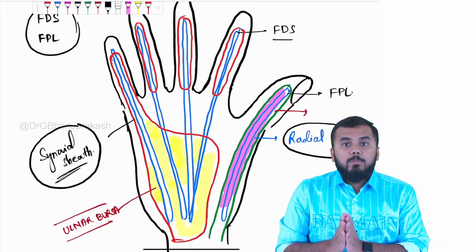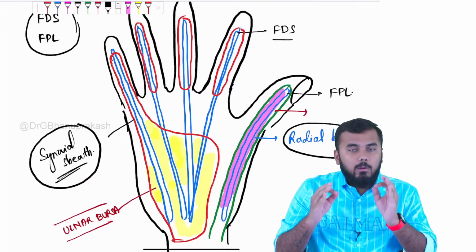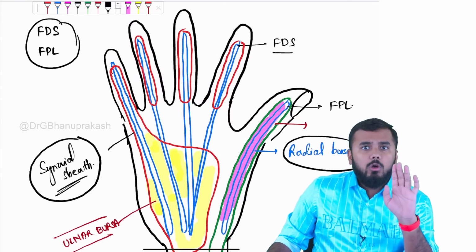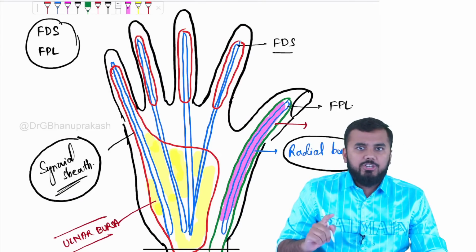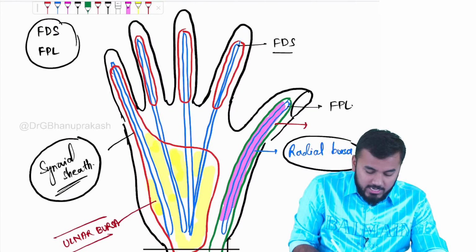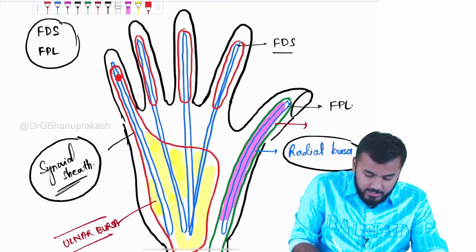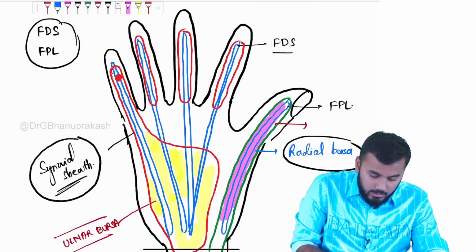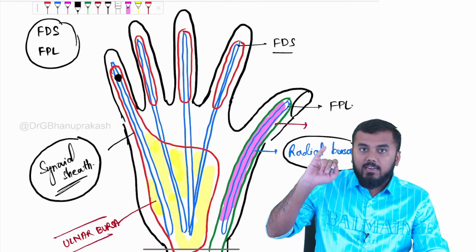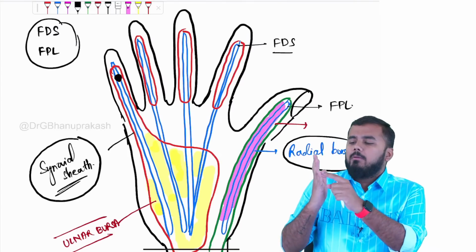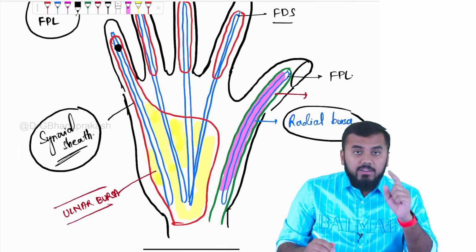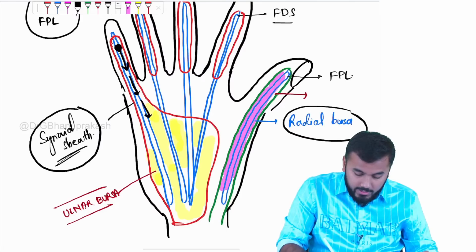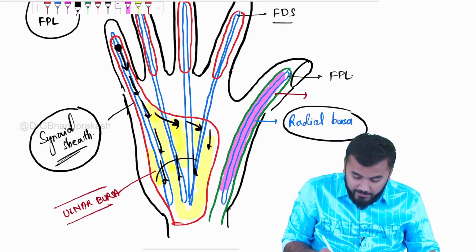So look here, these bursa. Now, a clinical point I am trying to tell you: for example, if there is any kind of infection developed here, let us say in the little finger. Let us say I fell down and there was some trauma to my little finger. So infection will enter the little finger. This infection will pass all the way down here, and it is going to infect all my tendons